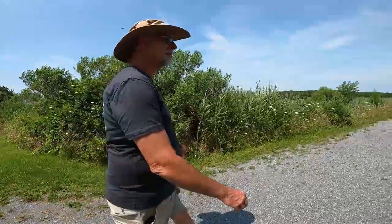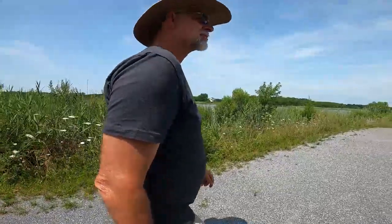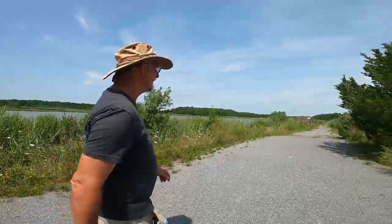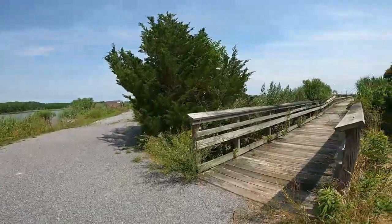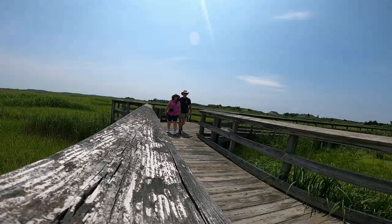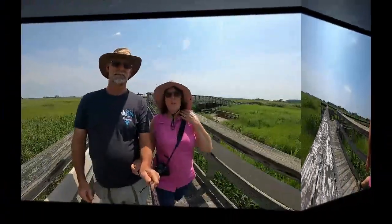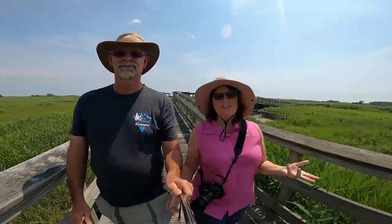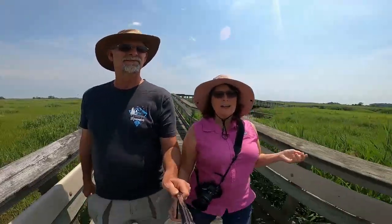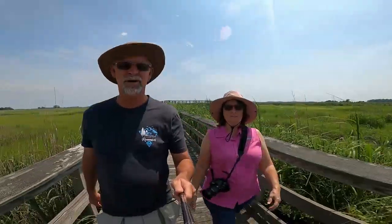And this is the boardwalk that goes out across the marsh. So it's a loop. So we're gonna take the boardwalk all the way around and just look out over the marsh. Thing that I love about this area, not just the scenery and the wildlife that you see, but the smell. It's the smell of the salt spray in the air. Something that I've discovered about Delaware